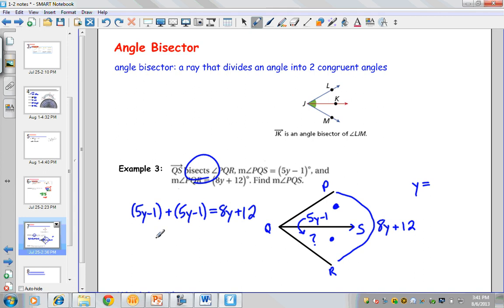I'm going to combine like terms. Now remember, we're dealing with parentheses, so you take the outside and you distribute it in. And since there's nothing on the outside, it's assumed that it's a positive 1. So that becomes 5y minus 1 plus